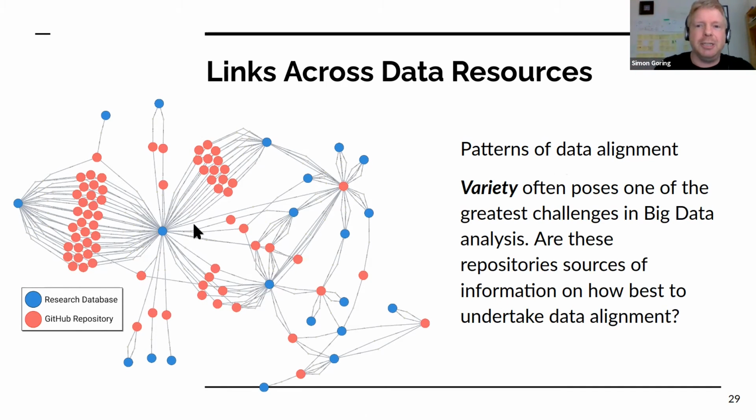One of the challenges that's posed by doing research across multiple databases is that the metadata standards are often very different. And so when we think about big data and the 4 V's of big data, velocity, volume, veracity, variety is often one of the most challenging V's